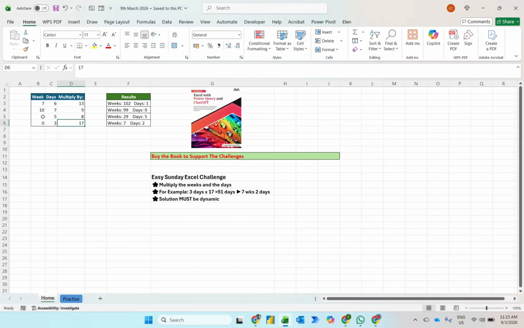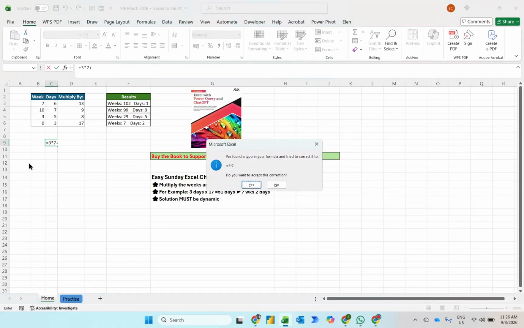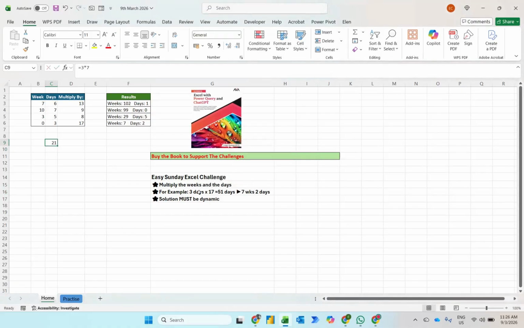For example, over here we have 3 weeks, here we have 5 days. So for example, 3 weeks, in 1 week we have about 7 days. So 3 times 7, and then you will plus with 5 days. So let me just put it over here. So I'll just plus with 5 days. So you have 26 and then multiply with 18. When you multiply with 18, you'll get about 468. And then when you divide by 7,